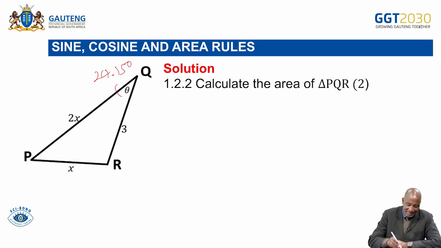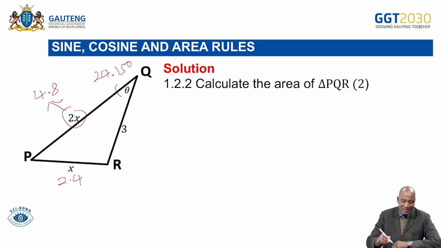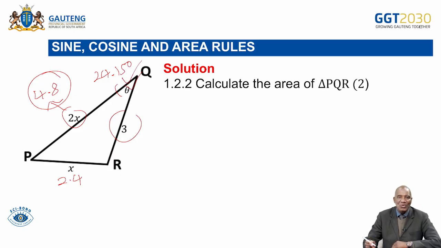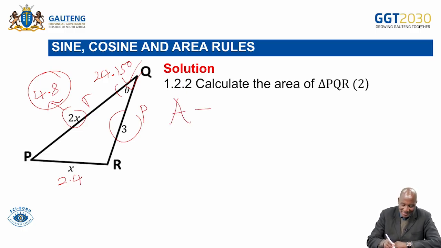It is 24.15 degrees. We've already found that angle. This part we said is the one that will double our 2.4. It goes to 4.8. Then this one is just our x, which is 2.4. So we have 2 sides and an included angle there. We can apply the area rule. So the 2 sides that are given are side R and side P and angle Q. So our formula, we customize it based on the sketch, is half of R times P, then sine of,